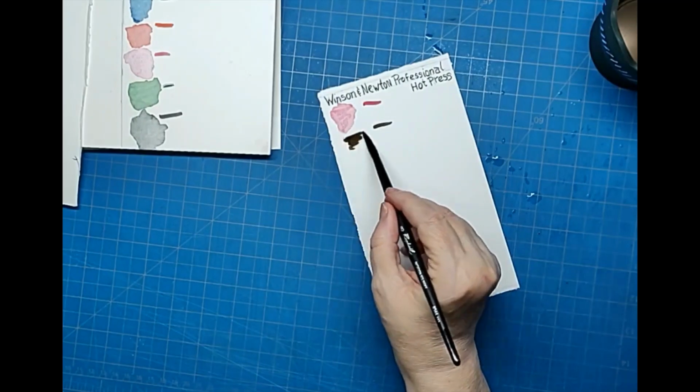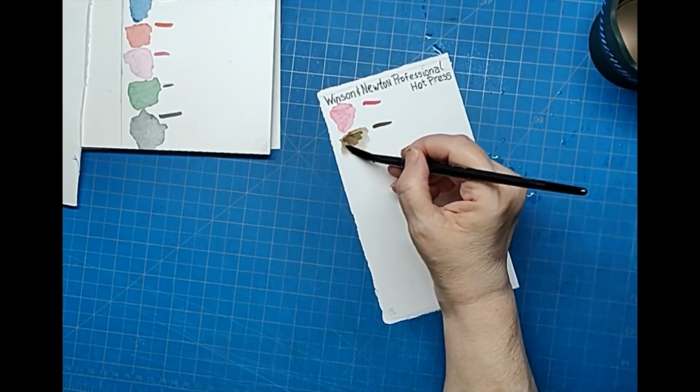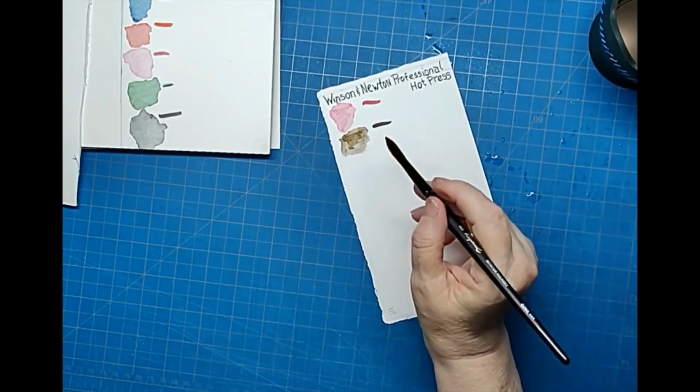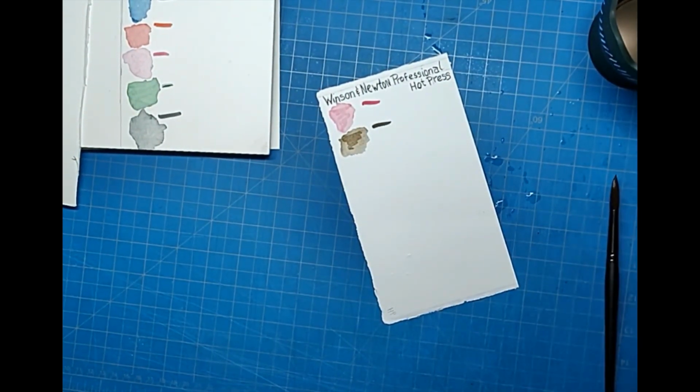And Winsor Newton, I hope you don't mind the honest results. I don't think you are. I think you would prefer it, given the quality of products you bring out, and my impression of the quality of the company as well. As it stands, the hot press,